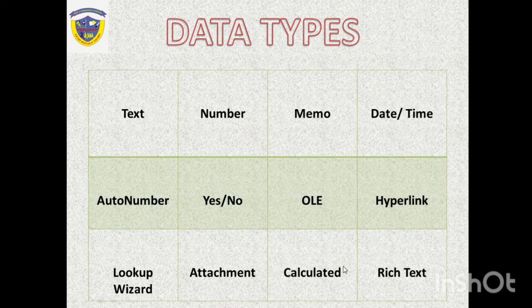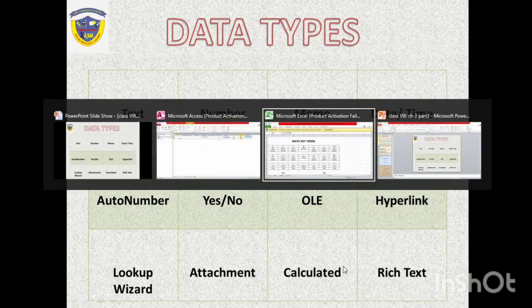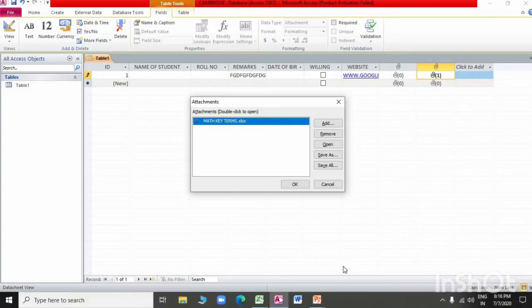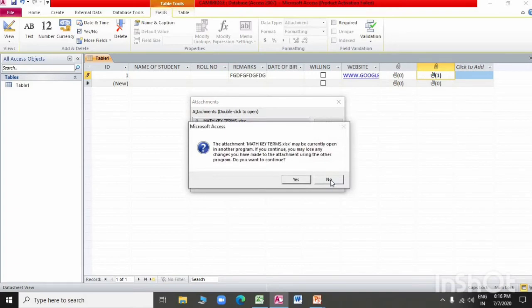This data type is used when a user creates table fields with calculated values. The calculation can include values from fields in the same table as well as from the built-in Access functions. This data type is used mostly in queries, forms and tables. Now we will continue with table type data.